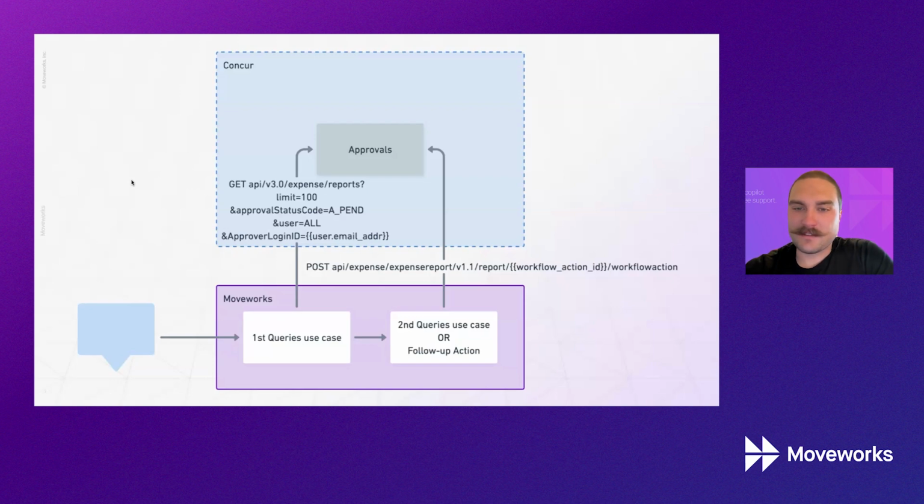In this case, it means records with some workflow action pending that is going to be an approval. Once we get back that return, we can structure the data, show that to our end users, and then either move on to a second queries use case, in the case of Copilot, which can take that context from the prior response and then go ahead and pass that to another use case, or we can use a follow-up action,